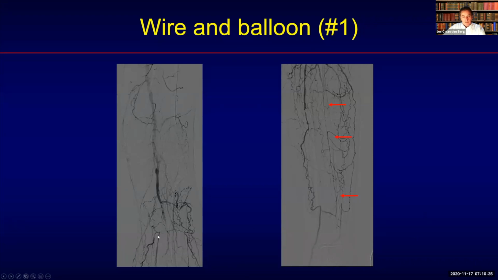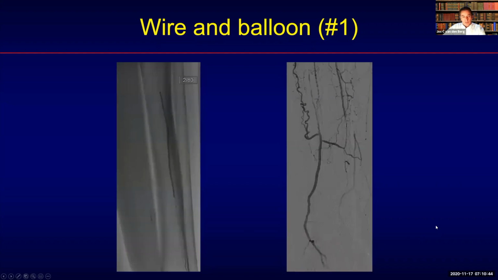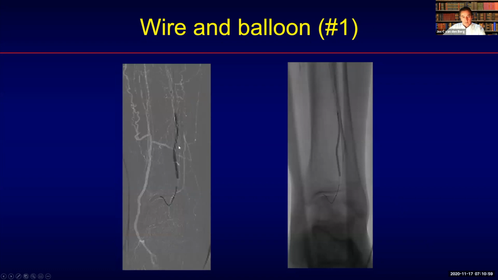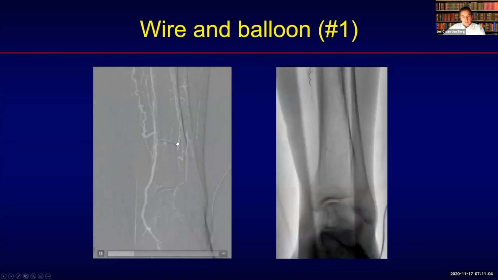In this case, it was not possible to recanalize the short occlusion proximally with an antegrade approach. So I started improving the outflow towards the distal by performing a balloon angioplasty. And here you can see midway through the procedure, the flow towards distal is already improving. And then a distal PTA was performed, and now you can see the connection and the crossing of the wire